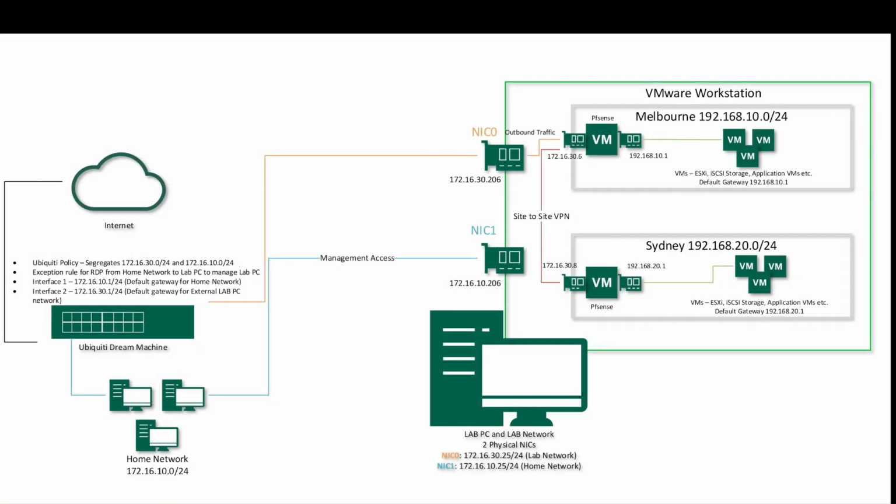So if we have a look at our network, basically, if you've been following along with the videos, this will make a little bit of sense to you. If you haven't, this is just a bit of an overview of what my network looks like. On the left-hand side, we have the Ubiquiti Dream Machine, and pretty much that's the lifeline of this environment. So that's splitting up the two networks between my home network that myself and my family use, and my lab